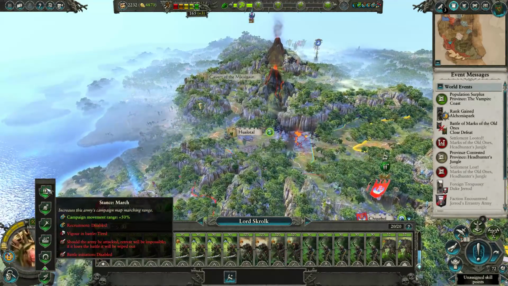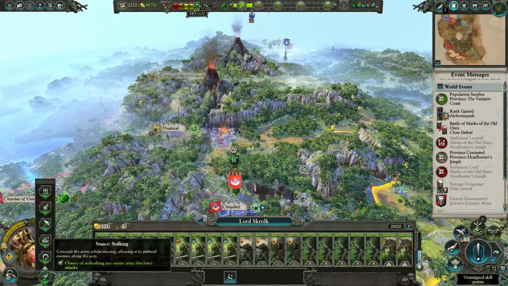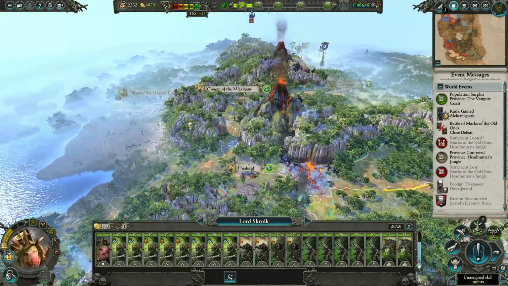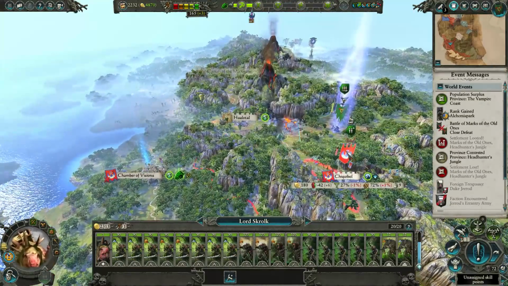Okay, I might want to do that because, presumably, this area, I can march straight through this. He can't. Yeah. Okay. March stance up to here. Staying inside friendly territory. Because with military access, yeah, I'll be able to walk straight past this. He'll have to fight his way through it if he wants to go that way. If he wants to get to the Chamber of Visions, he'll have to go...